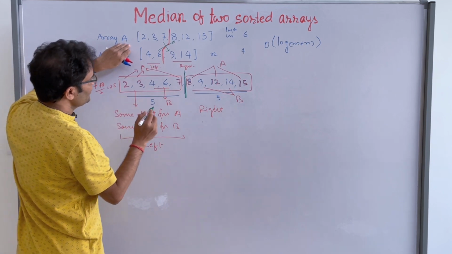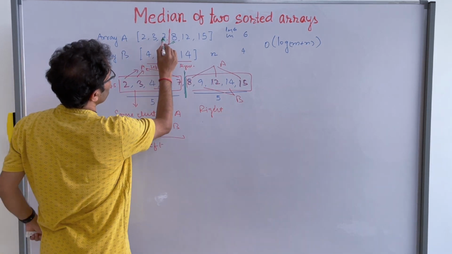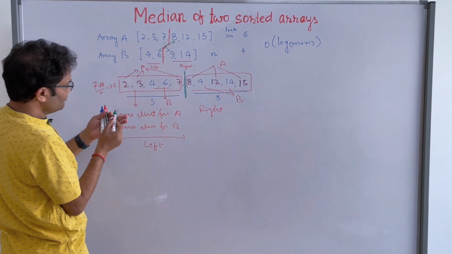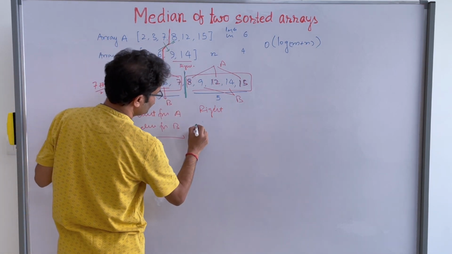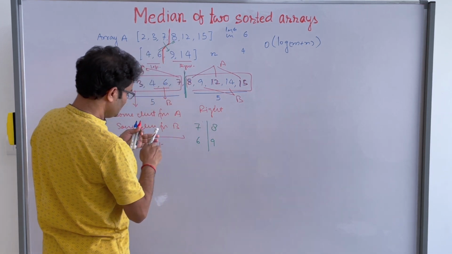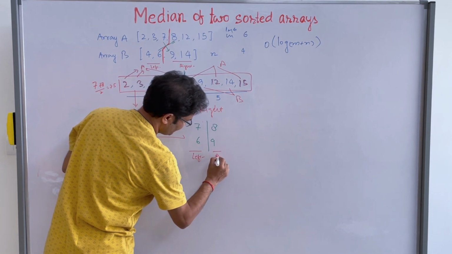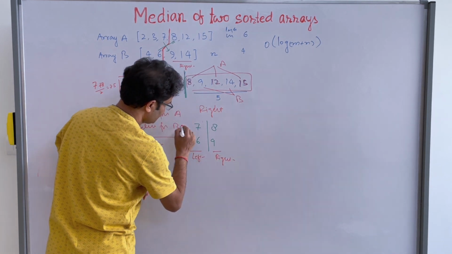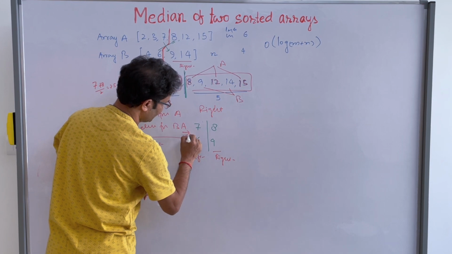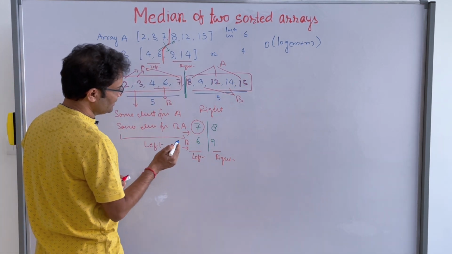So if you see, we have to give names, right? This 1, 2, 3, 4. These 4 elements you have to give names. So suppose these are 7, 8, 6, 9. This is from the left side and this is from the right side. This is from the A array, this is from the B array, right? So I will give any name. I can say that this is the